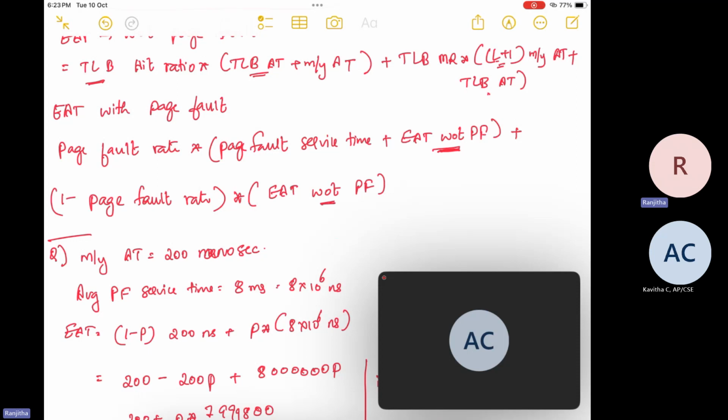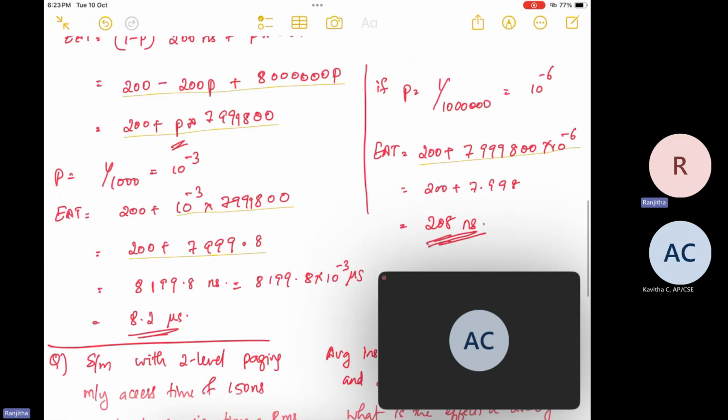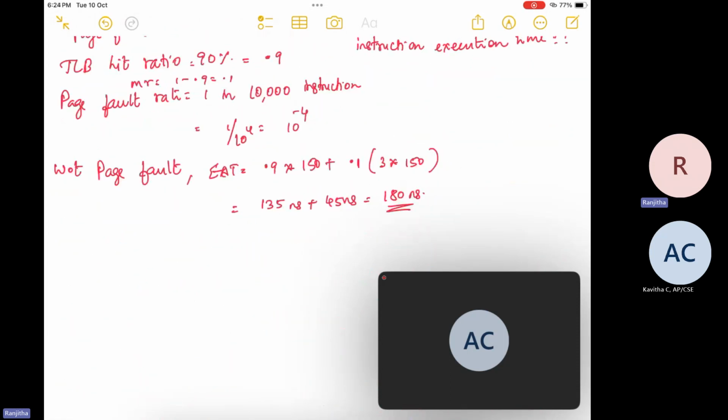Now we substitute the computed value in this formula. We know that the page fault rate is given as 10 power minus 4. So now the access time with page fault